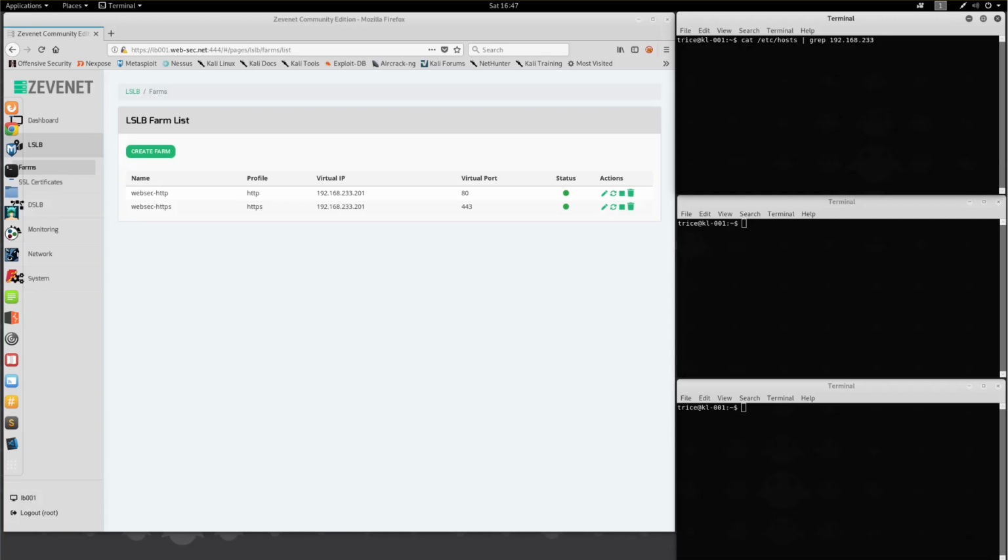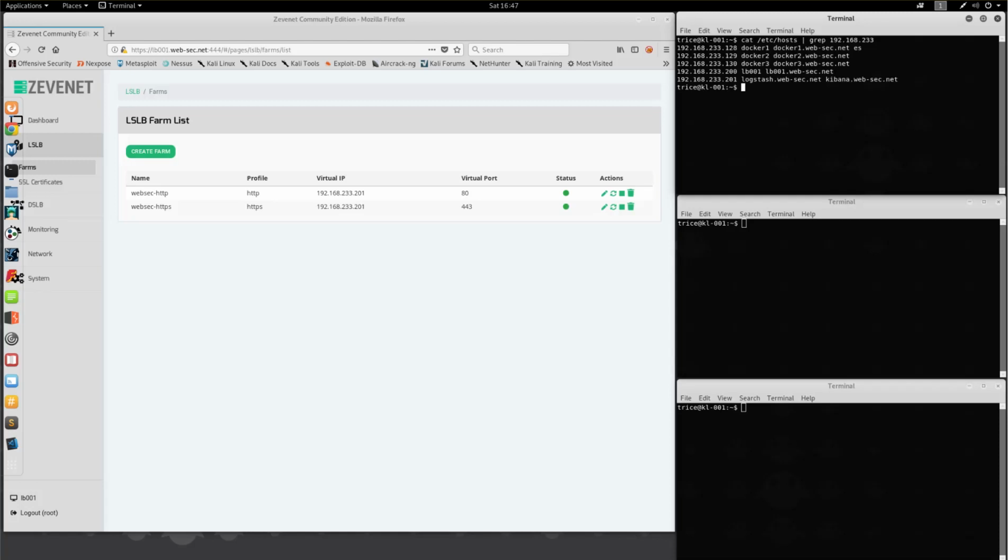I just basically manipulated my /etc/hosts file, and you see that I just created static entries, even for logstash.web-sec.net and kibana.web-sec.net, which is a domain that I own, but I'm going to trick my computer into thinking that those domains are on the VIP of